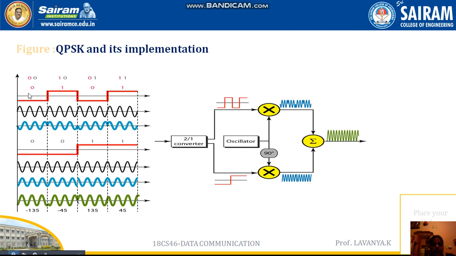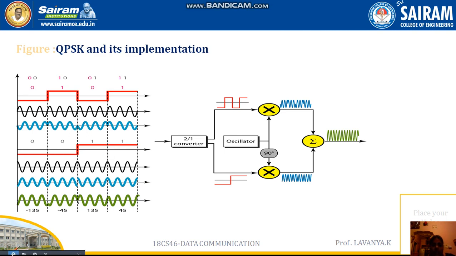Then if it is 0, our phase will start from the lower level, which means it should be 180 degrees. See, this is 180 degrees. If it is 1, the starting phase should be 0 degrees. See, this is 0th degree. If it is 0, our starting degree should be 180 degrees. See the difference: if it is 1, see where the signal starts, and if it is 0, see the starting point. This is the difference between 1 and 0.